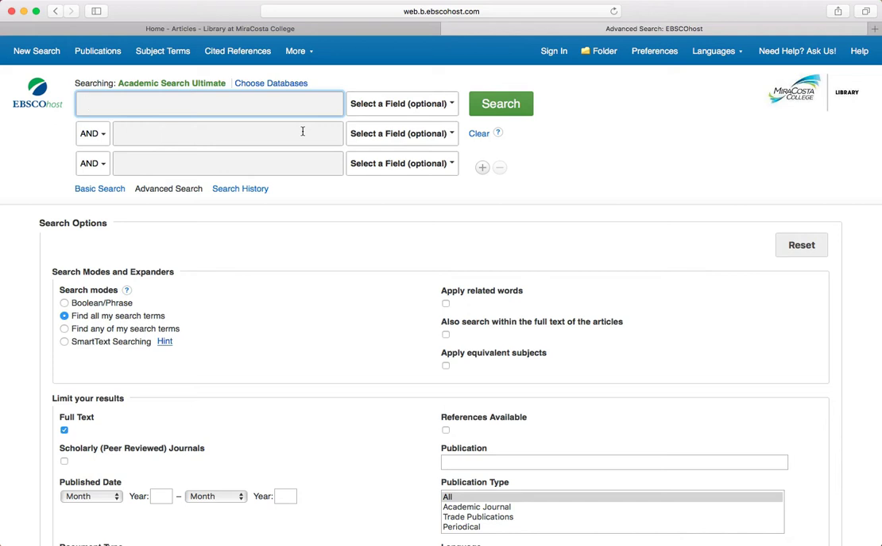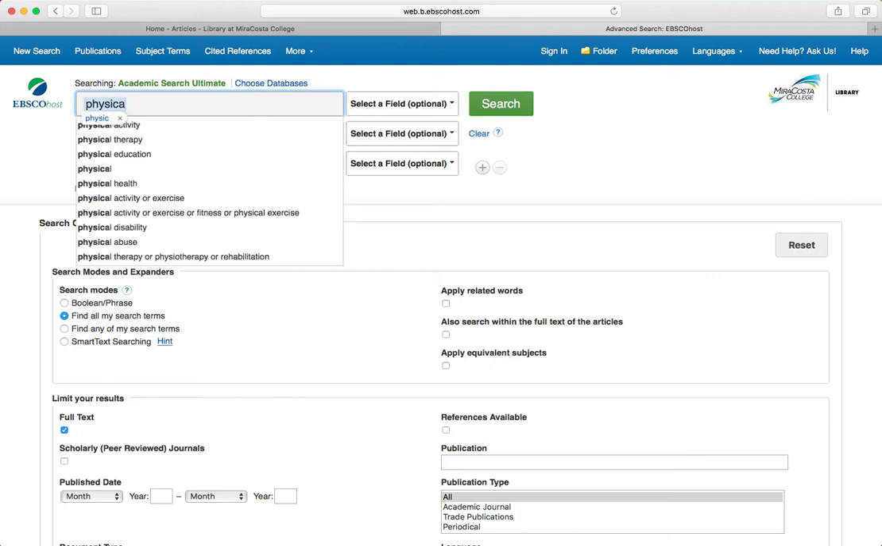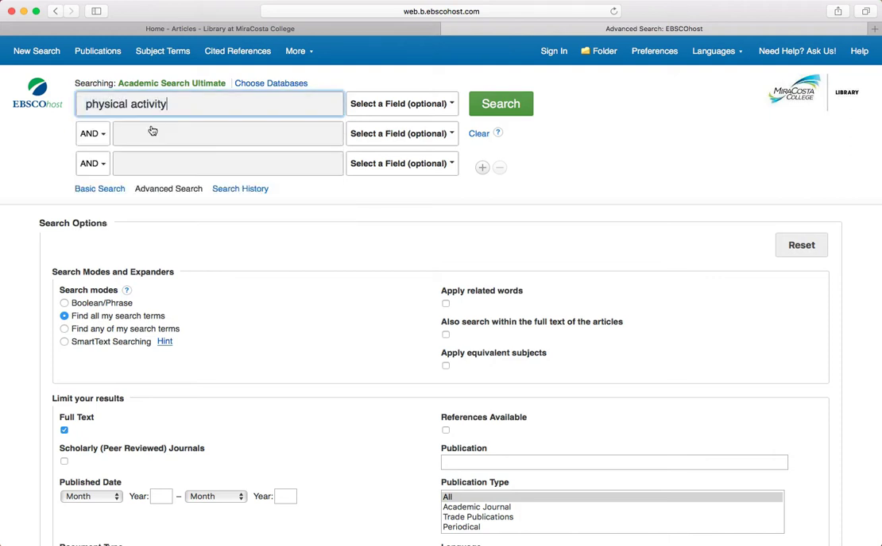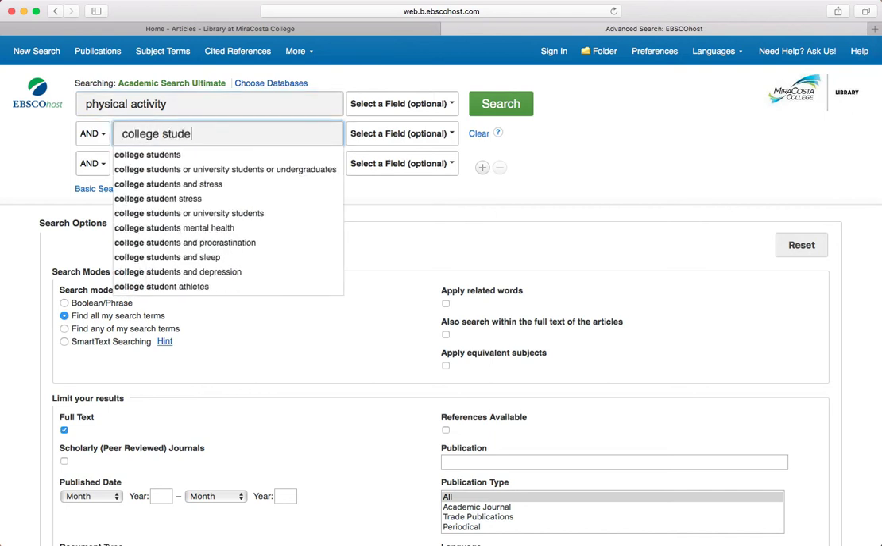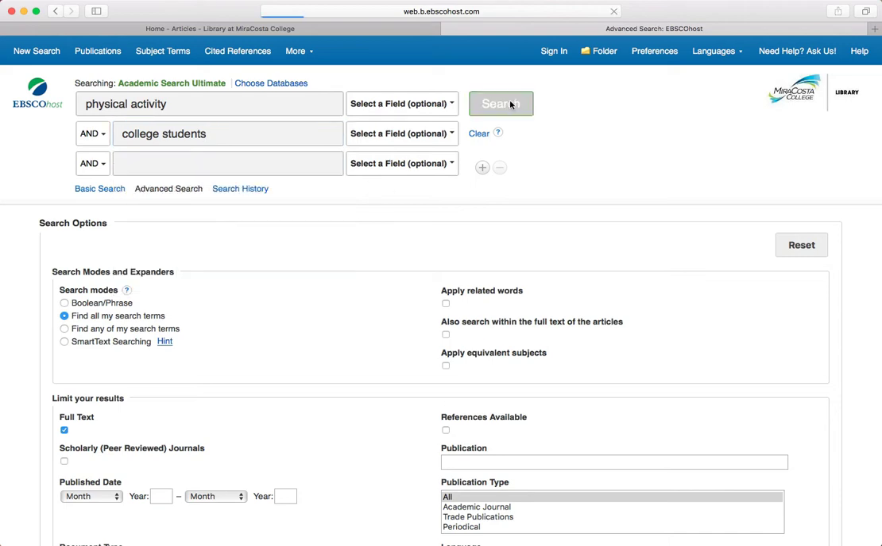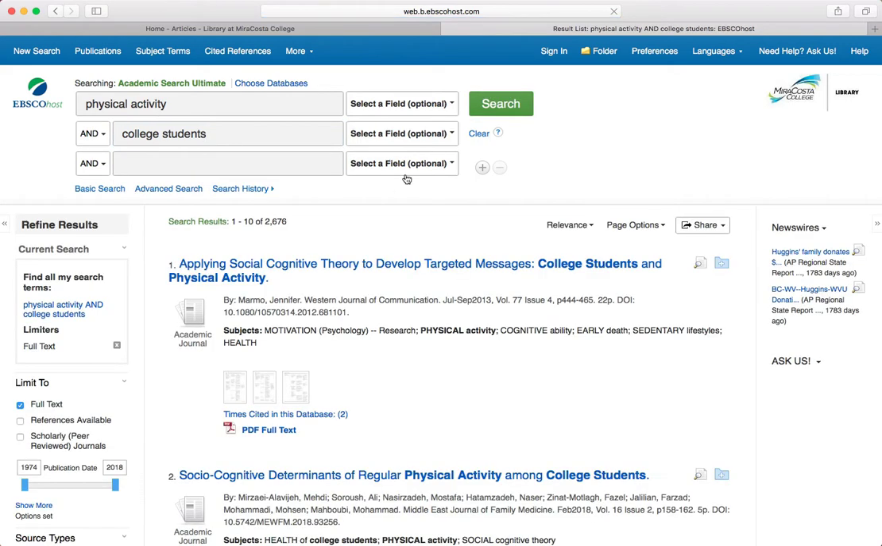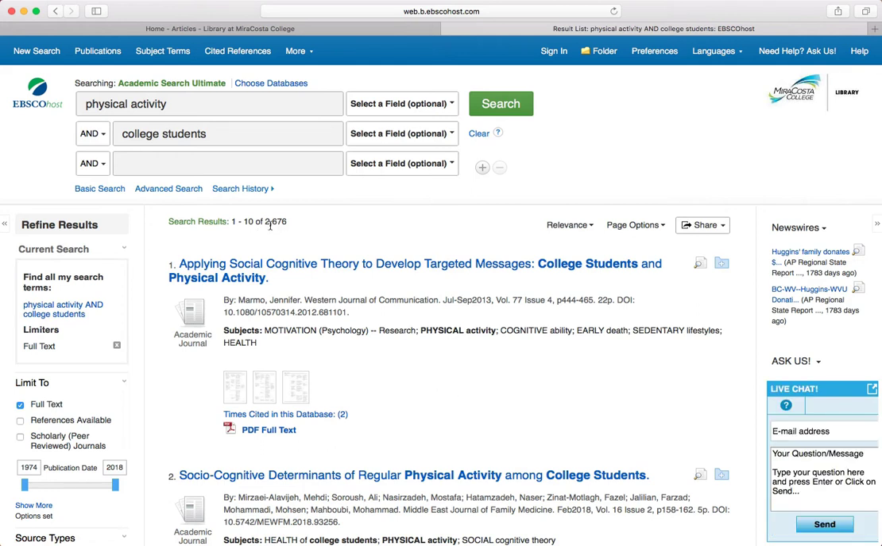of college students? So let's put in physical activity and college students and see how many results we get. So we have over 2,500 search results. While in Google that may seem okay, but for searching periodical databases, you want to narrow it down much more